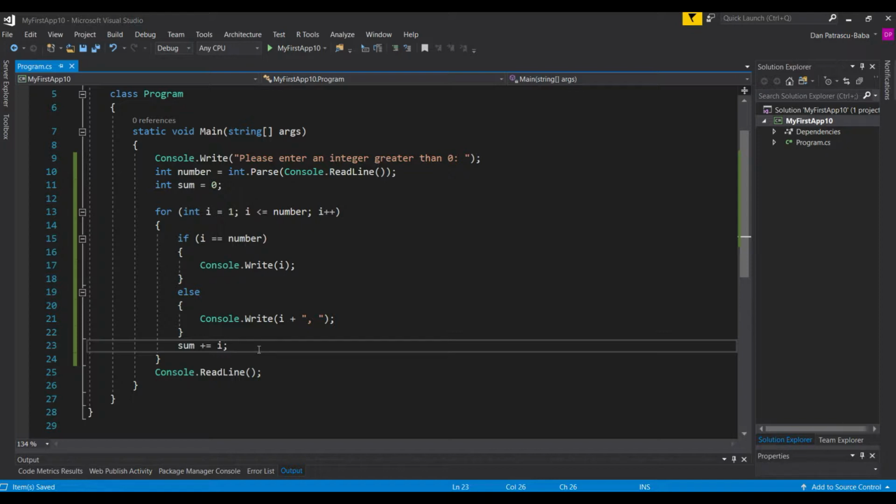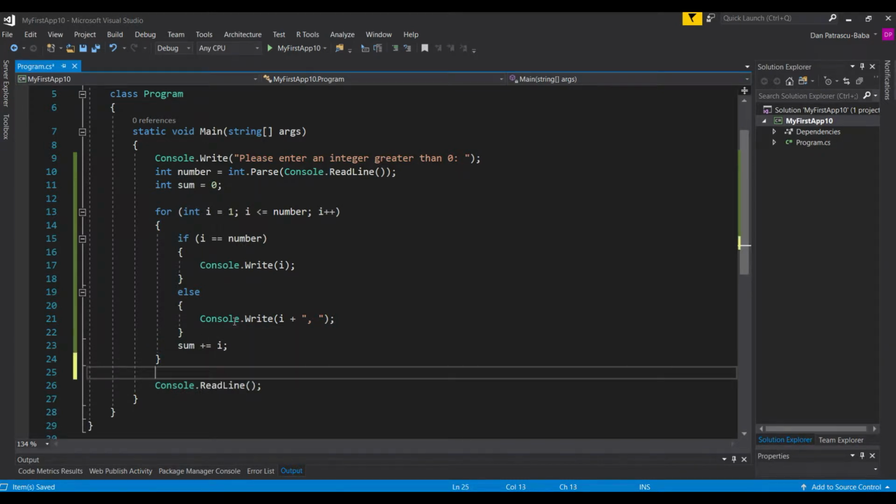Then afterwards you can go ahead with this video, and right now what we want to do is simply run the program. But of course, before running the program, we also have to display the sum. So what we would have to do is Console.WriteLine. This time we want to have it on a new line, and here we would need to say the sum of all numbers is,